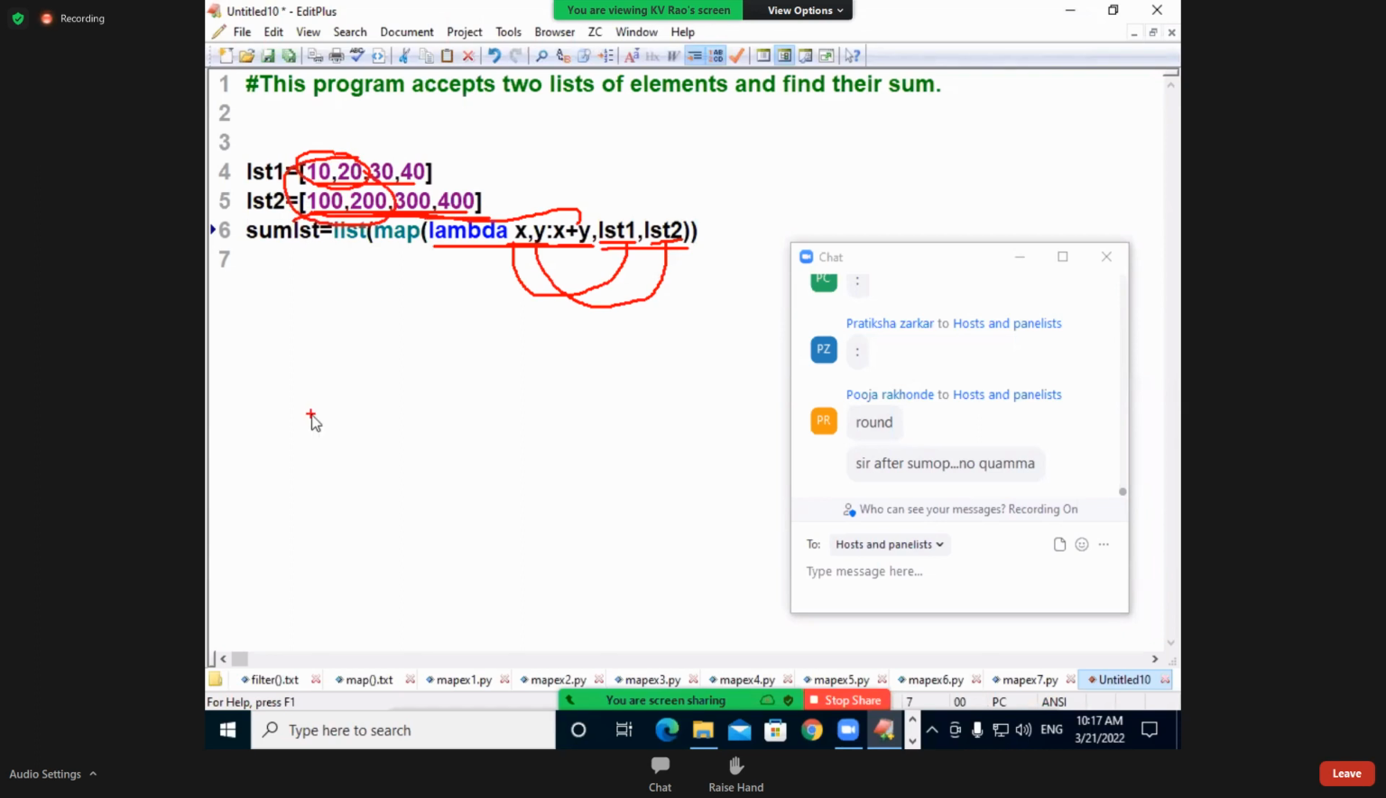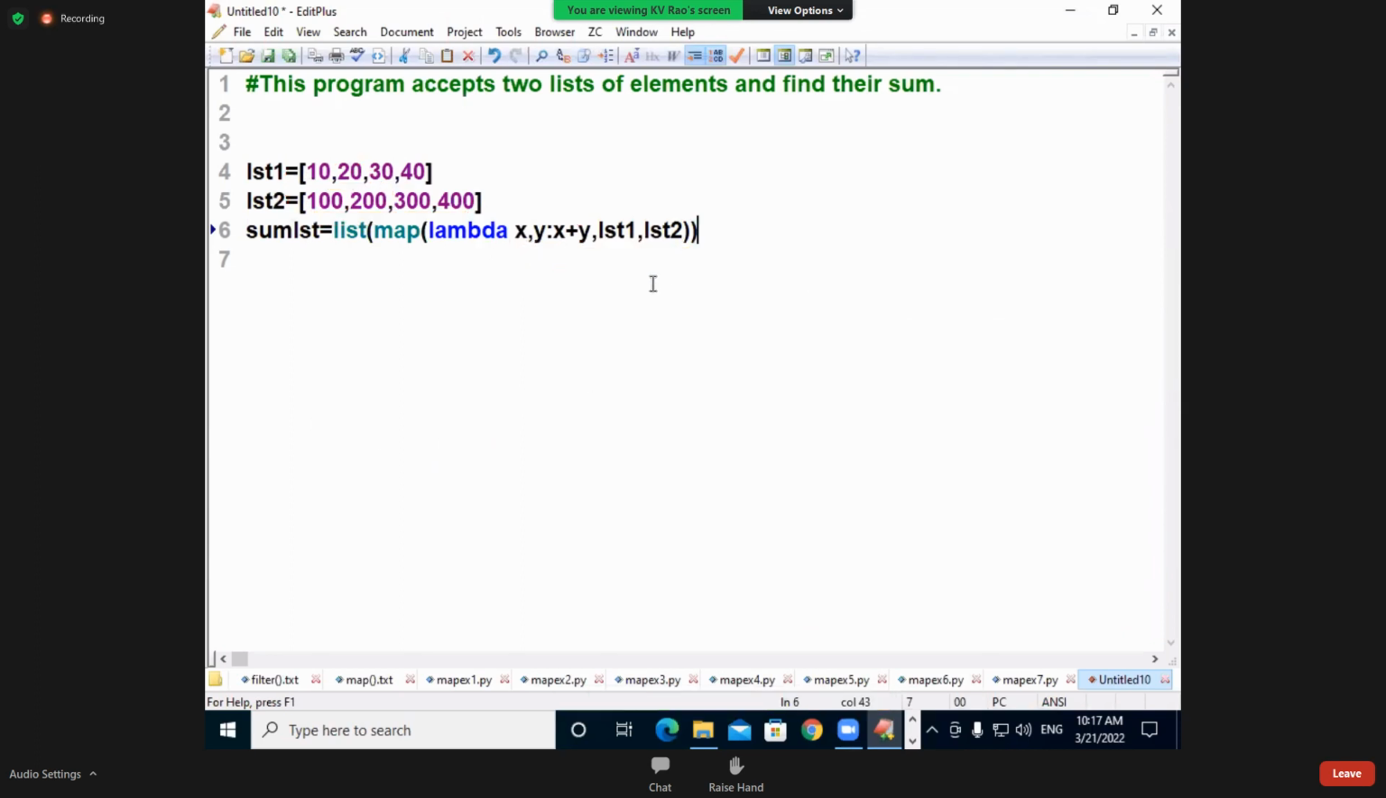I already told you in the zip function how it is doing; the same thing is happening here also. I hope you are understanding. Let us print. How do you take it? For x, y, z in zip of lst1, lst2, sum_list: